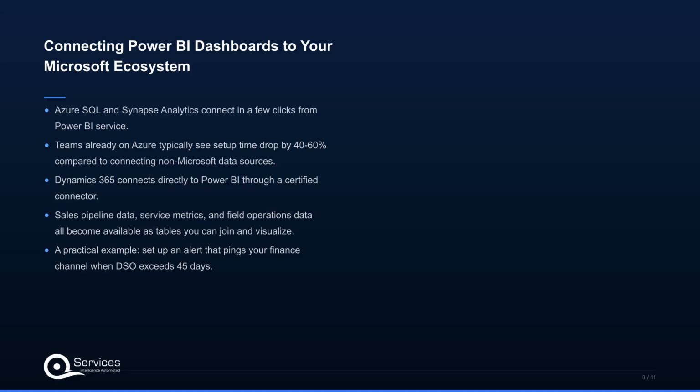Next up, moving on to connecting Power BI dashboards to your Microsoft ecosystem. One advantage that rarely gets enough attention in Power BI comparisons: native integration with the rest of the Microsoft stack cuts setup time significantly. Azure SQL and Synapse Analytics connect in a few clicks from Power BI service. If your operational data lives in Azure, you can enable direct query for near real-time refresh without copying data into a separate reporting database. Teams already on Azure typically see setup time drop by 40 to 60% compared to connecting